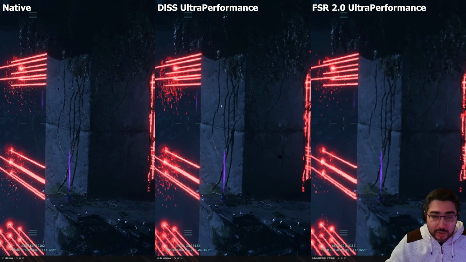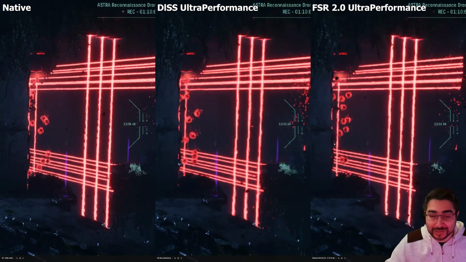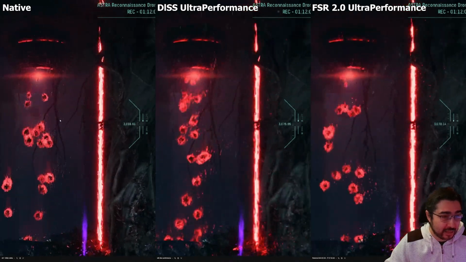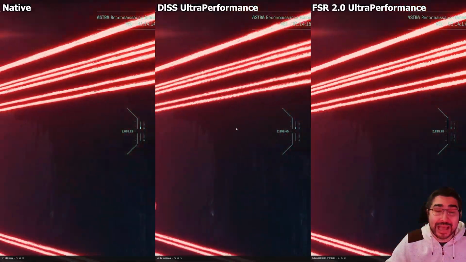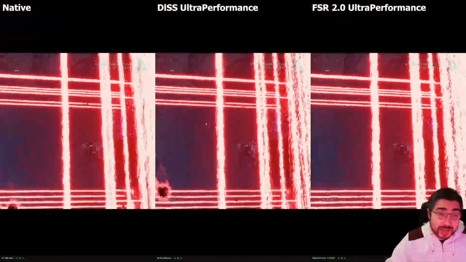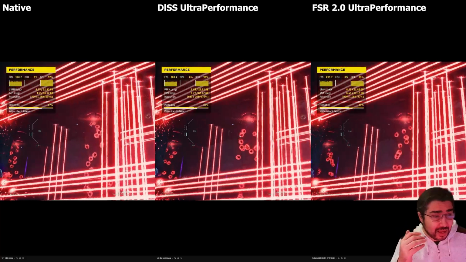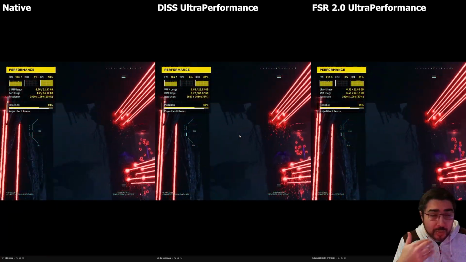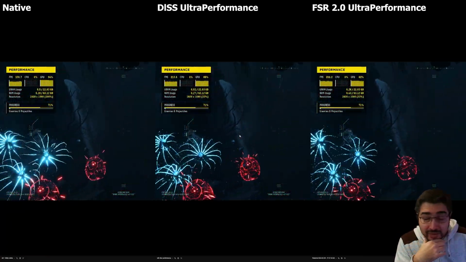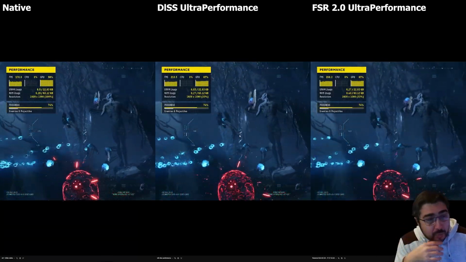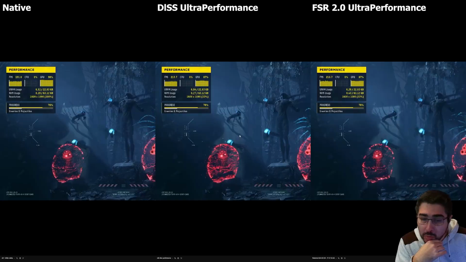Here, you can see how bad FSR is because we lose a lot of details, like a lot. You can see here how smeary it is, and the DLSS is a little bit better, and here is the native, which is the one that obviously looks the best in this particular game. But I still will insist, if we keep checking this, that going from such a low resolution to this point, I find it quite impressive, and it's probably what is going to be in the future if we want better and better graphics,